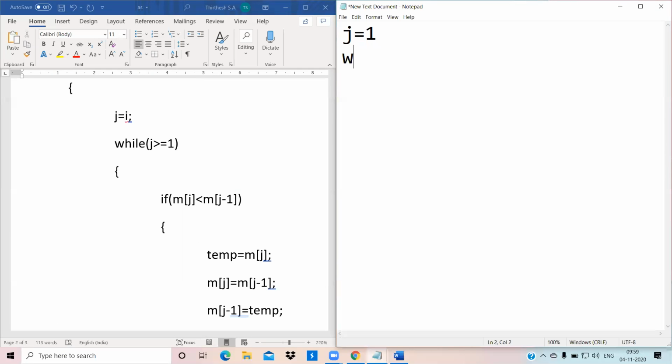While j, 1 greater than or equals to 1, it is true. What happens? It enters the while loop.